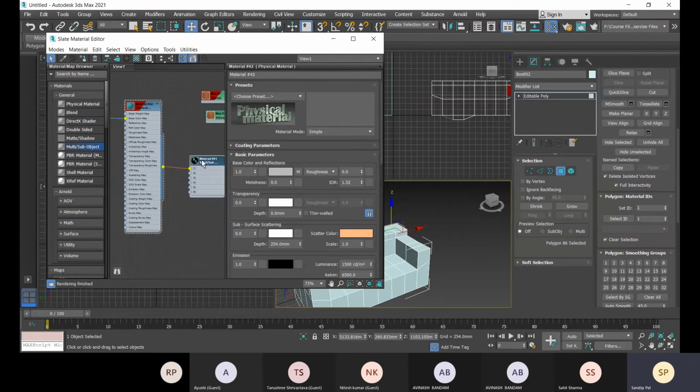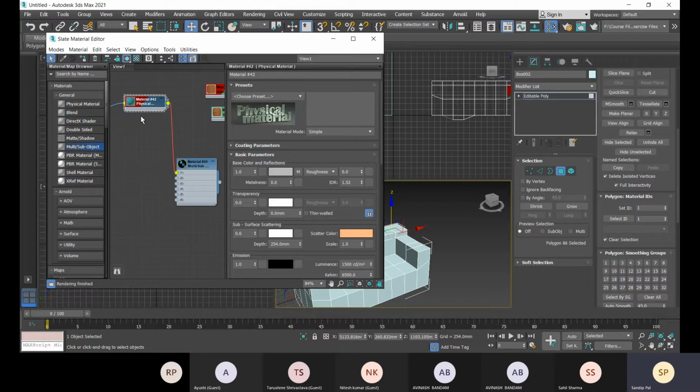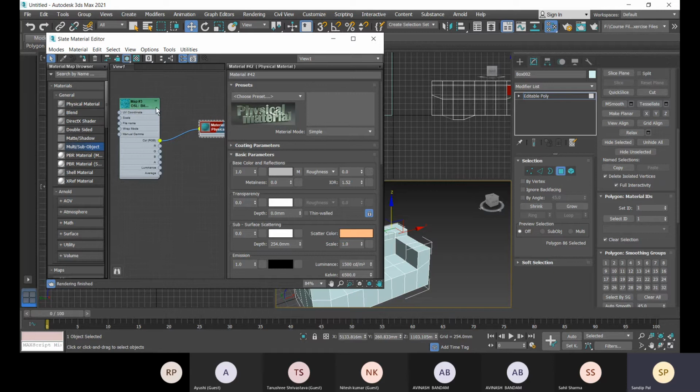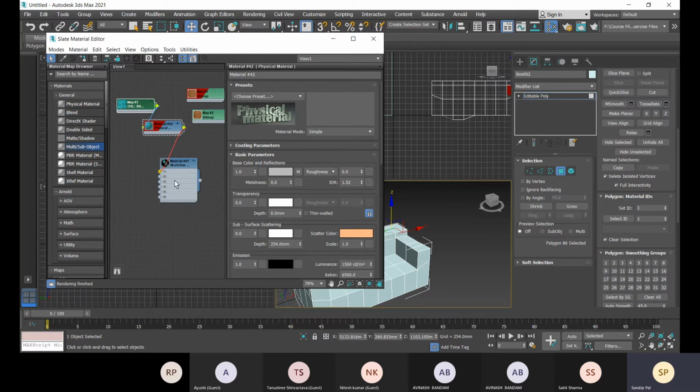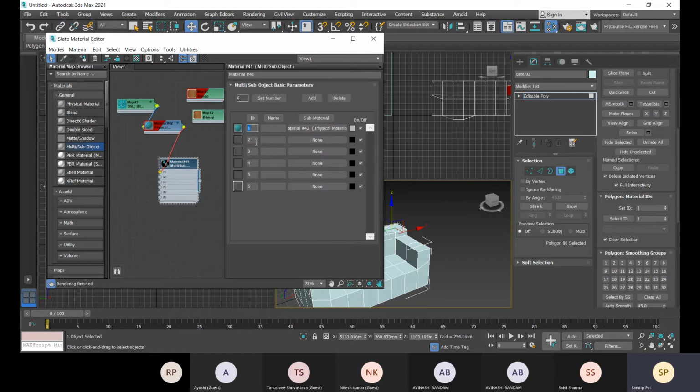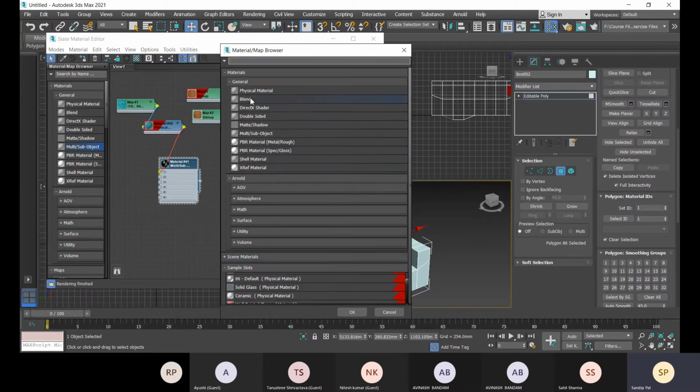Okay, so this is right now applied with this. Okay, here you see. If you don't want to see the total thing, you can click on this minimize option, so you can minimize it. Okay, all right, next select it, go to next one, select this, and if you want to select with the blend option,